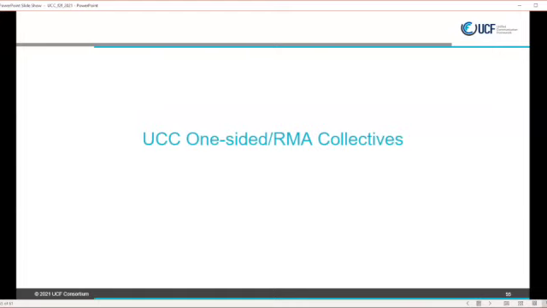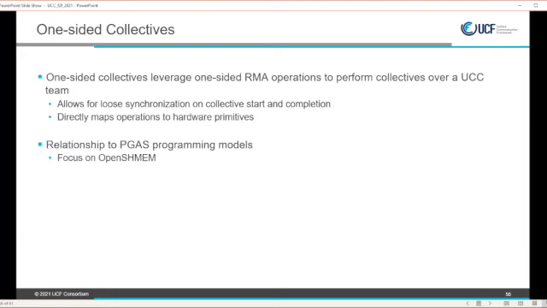Okay. So I'll try to be quick, so I'm not running over Jeff Watt's time. We added support for, or it's still in the pull request phase right now, it's not in master yet, UCC one-sided RMA collectives. The one-sided collectives are just collectives that leverage one-sided RMA or AMO operations to perform collectives over a UCC team.